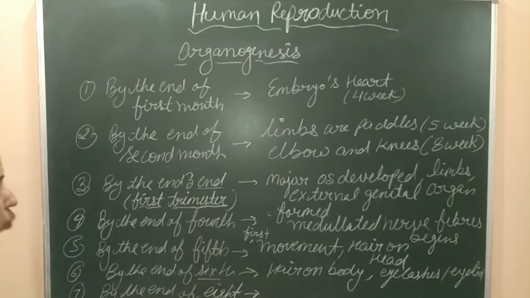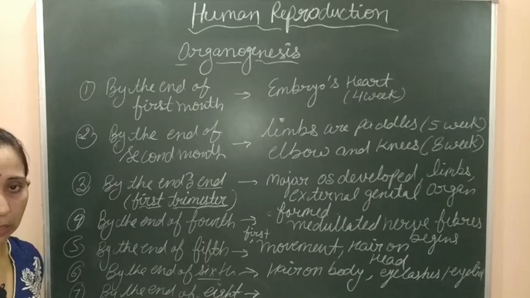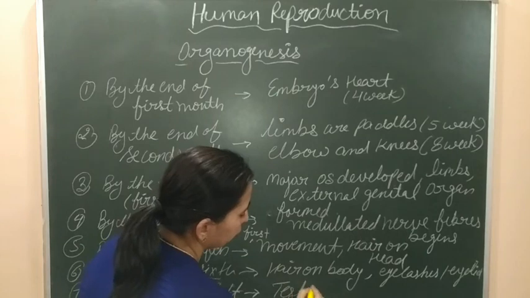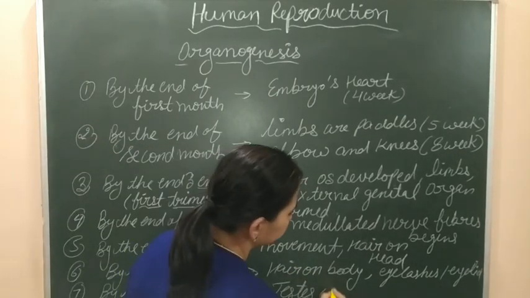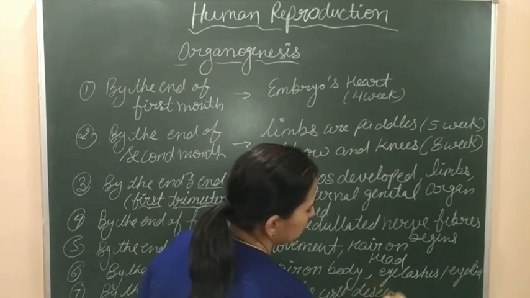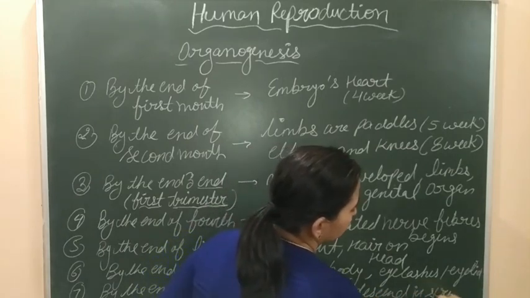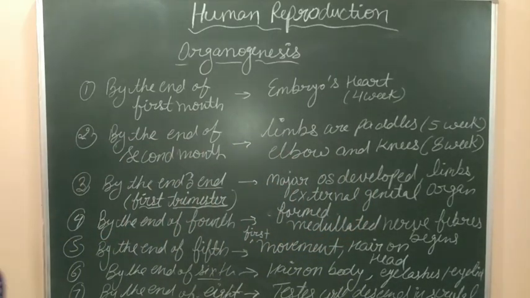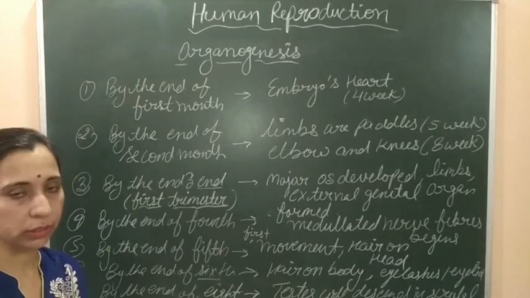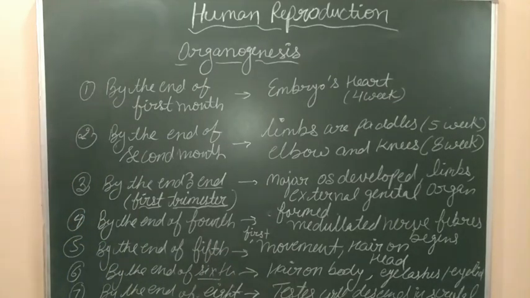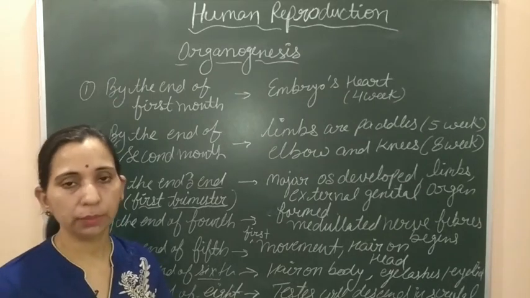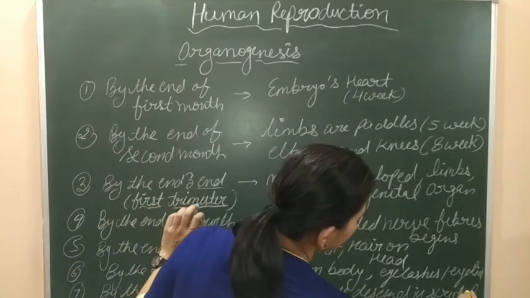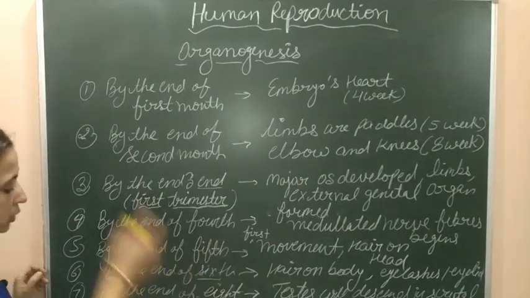At the end of the 8th month, what happened? Now at the end of the 8th month of the pregnancy, testes will descend in the scrotal sac. We already studied that in the embryo the testes will form in the abdominal cavity, but later on they descend into the scrotal sacs to maintain the temperature. That particular temperature which is required is not present in the abdominal cavity, so they have to descend in the scrotal sac. So these testes will descend in the scrotal sac at the 8th month of the pregnancy.